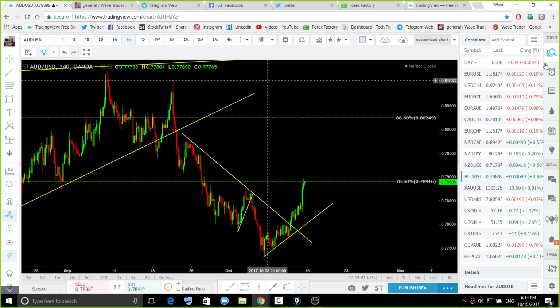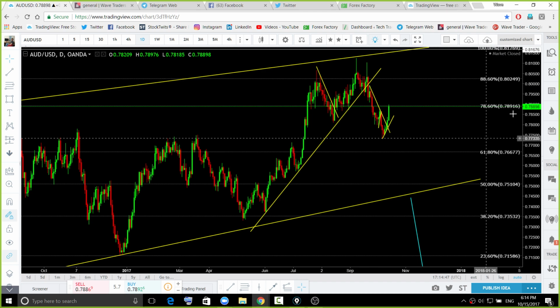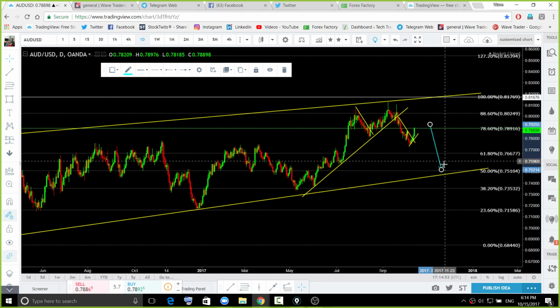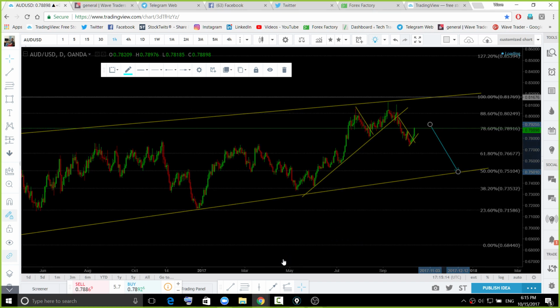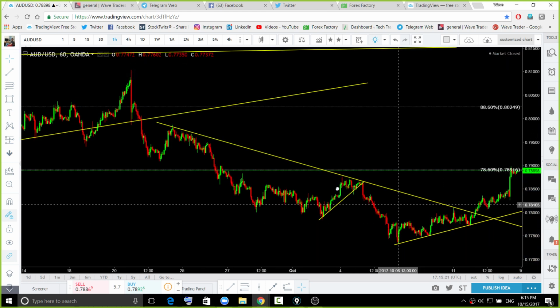So, Aussie dollar, bigger time frame. If you remember last week, we were anticipating it going back to the top, this formation from this bottom. Now we're going to monitor that behavior, to see if this is going to be a head and shoulders. That is the trade. I hope you fellows understood this pair pretty well last week and took the trade for the upside, when that pair was forming a channel at the bottom.